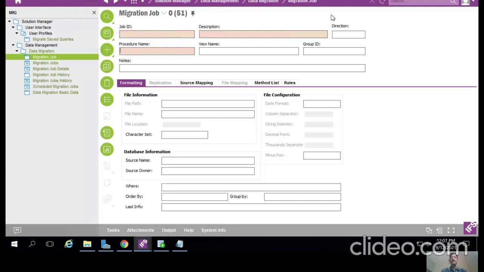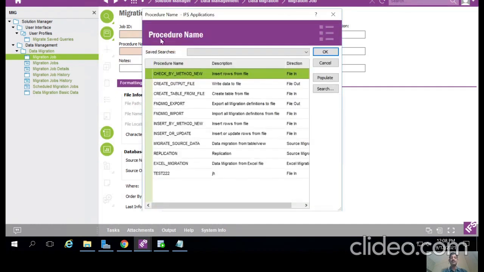Correct? So this window shows all procedures that may be used in the installation of data migration. At the time of installing data migration, all procedures are listed under the procedure itself. All procedures must be predefined in the package Interface_Util_API, and will be inserted here during installation of the FND migration modules. So all the procedures come under the FND MIG modules.